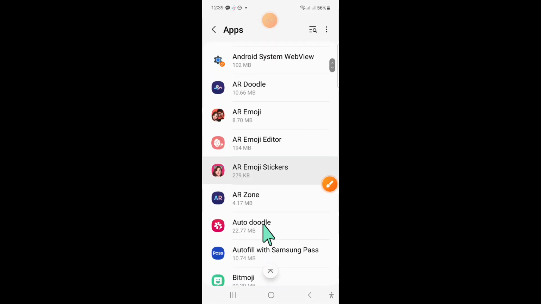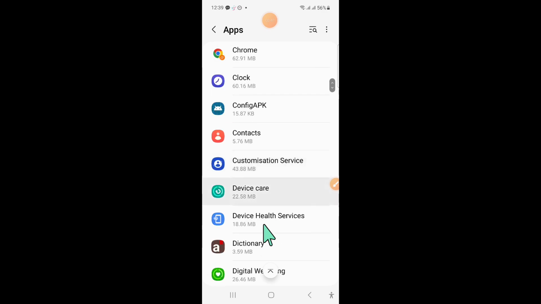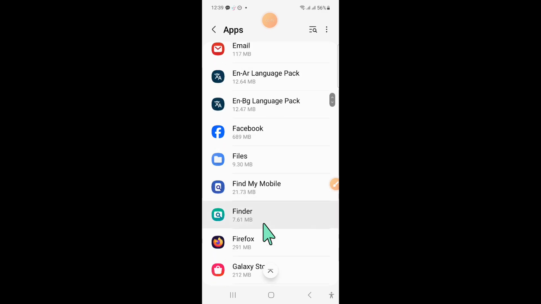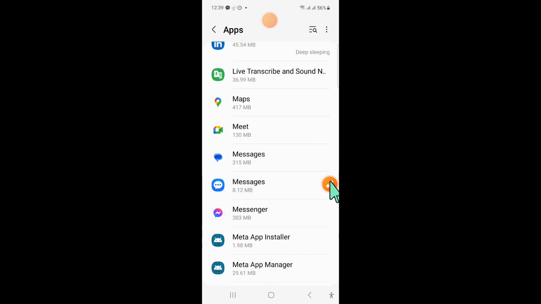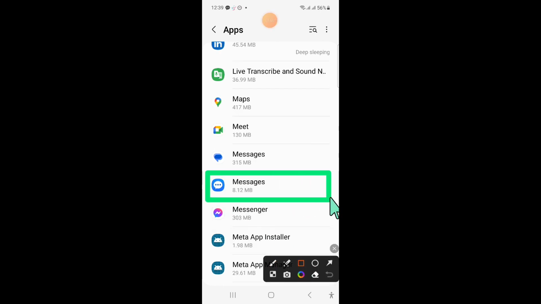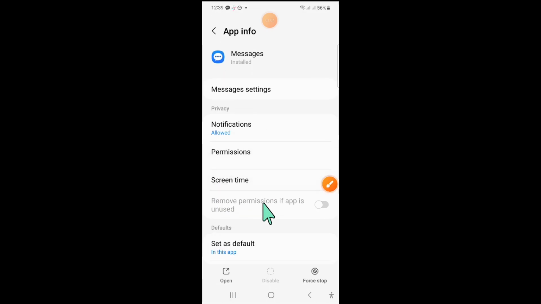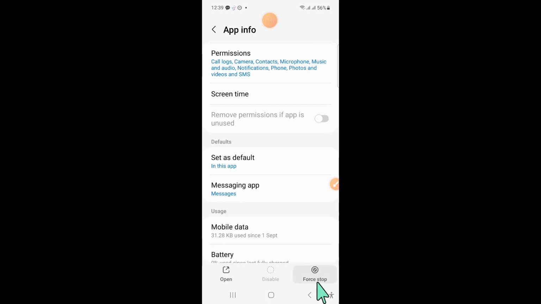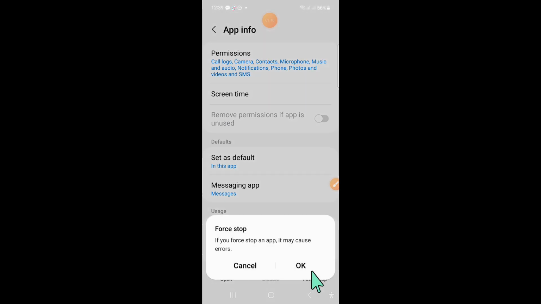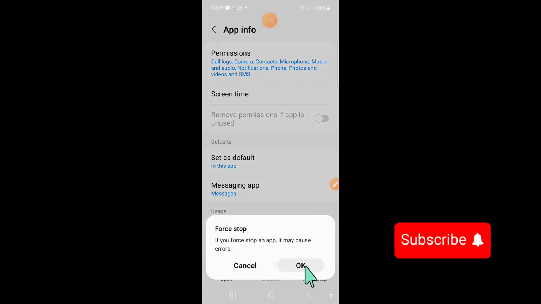Now in apps, scroll down and here open the app you are using as default messages app and then scroll down and here click on force stop to force stop the messages app,